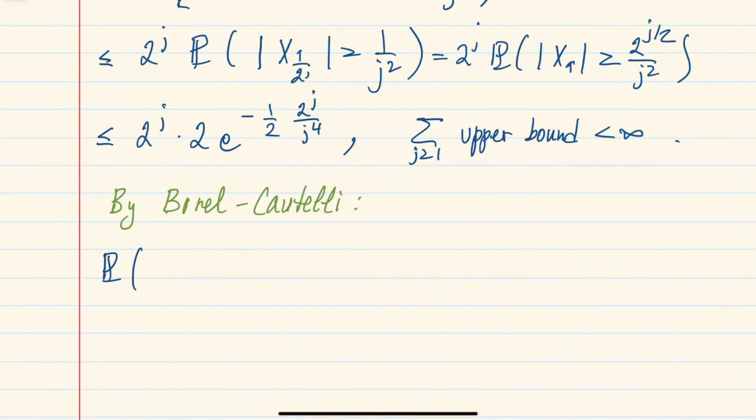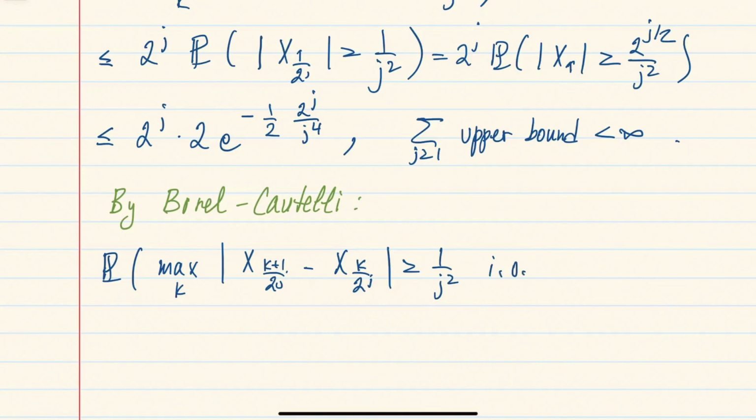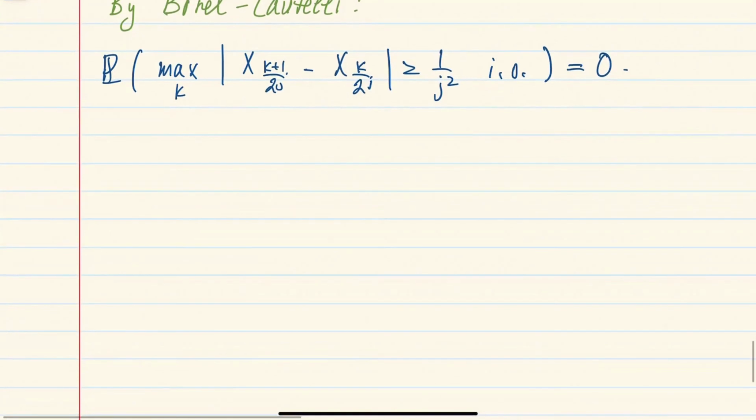So in other words, the probability that the maximum of the above links, x_{k+1}/2^j minus x_k/2^j, exceeds 1 over j squared, right? This cannot happen infinitely often, so the probability that this happens for infinitely many levels j will be 0. And now we'll see that that's all we need to conclude that the limit of this dyadic approximation exists and is continuous, right? Because on the complement, so with probability 1,